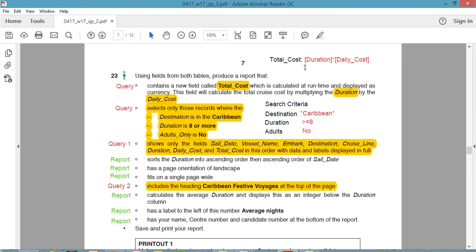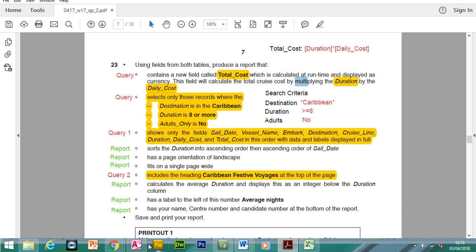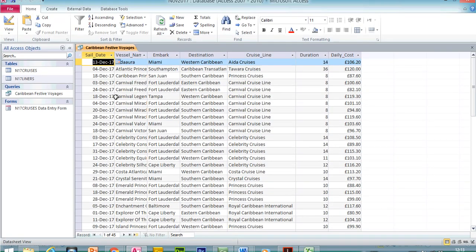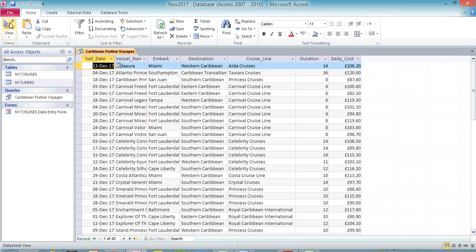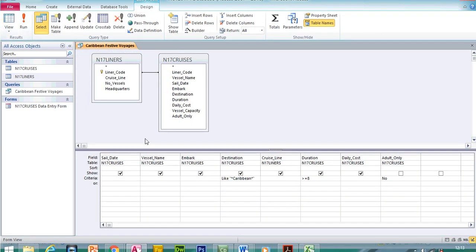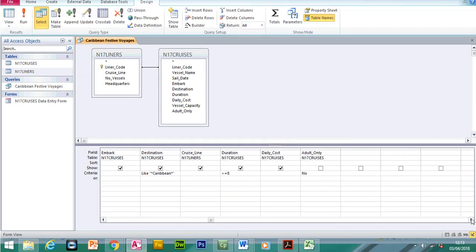There's two methods, and I can show you both. Okay, then you'll notice duration and daily cost are in italic, which means they are current fields. So for this formula, you put fields into square brackets, and these will be multiplied. So we'll have to multiply the duration by the daily cost. Let me first show you the first method. There's two methods, and you can choose one of the two. Depends on which one you find easier. The first method may be,